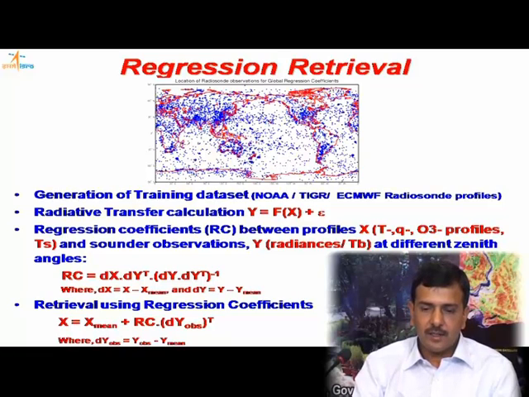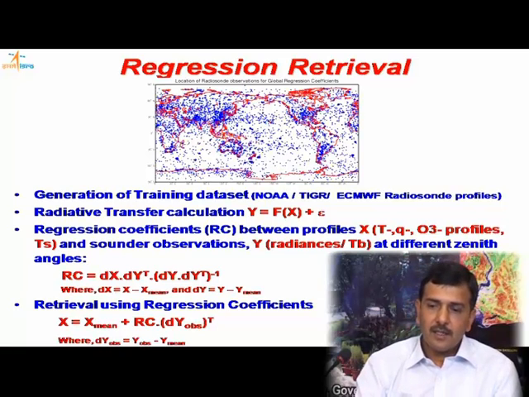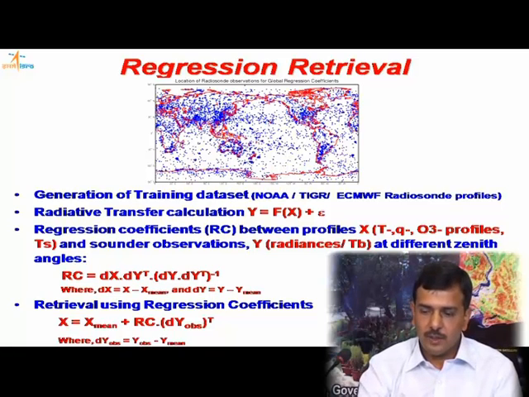If in future we get radiance observations from the satellite, we can use these regression coefficients and derive the atmospheric profile. So the regression retrieval is very stable for temperature and humidity profile retrieval from sounder observations,